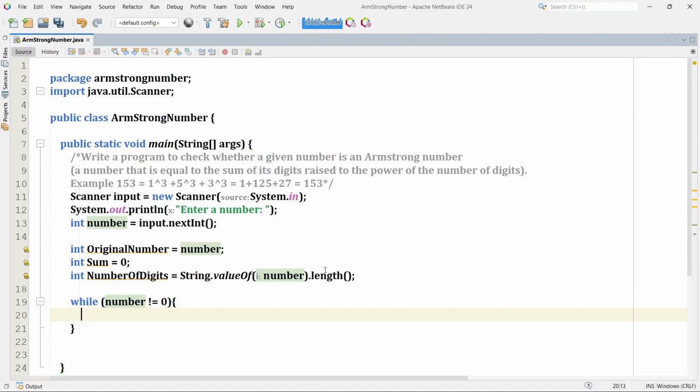Then we have to get the digits of that number. So let me say int digit. If we want to know the digits of that number, then we have to divide this number by 10. Okay, because we are assuming that the number being entered by the user is less than 10. So this number,